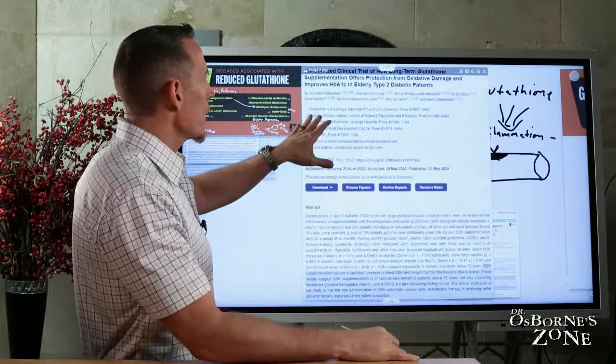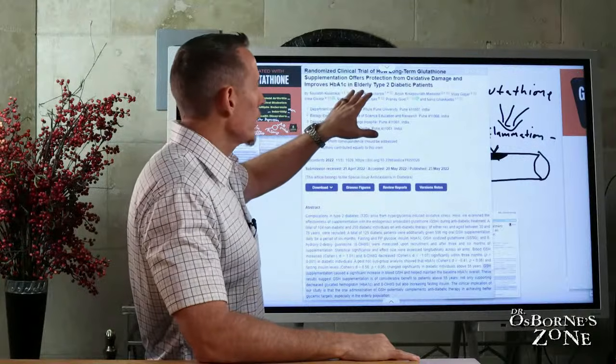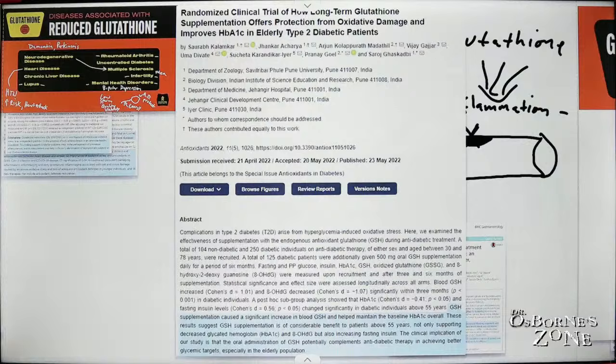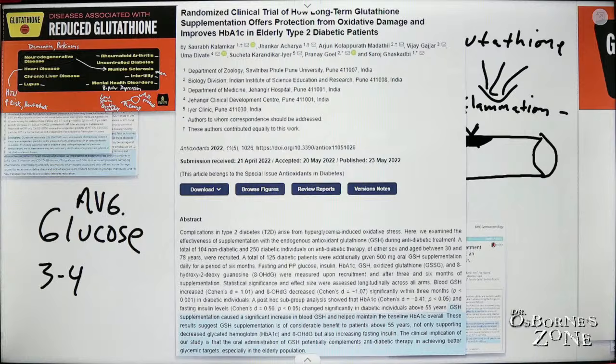Here's another research study. You can see here it was a clinical trial on long-term glutathione supplementation, offering protection from oxidative damage and improving hemoglobin A1C. Hemoglobin A1C is measuring average blood sugar over time. So it's the average blood glucose in about a 3 to 4 month span of time. And you can see here in this study, supplementation with glutathione caused a significant increase in blood glutathione levels,